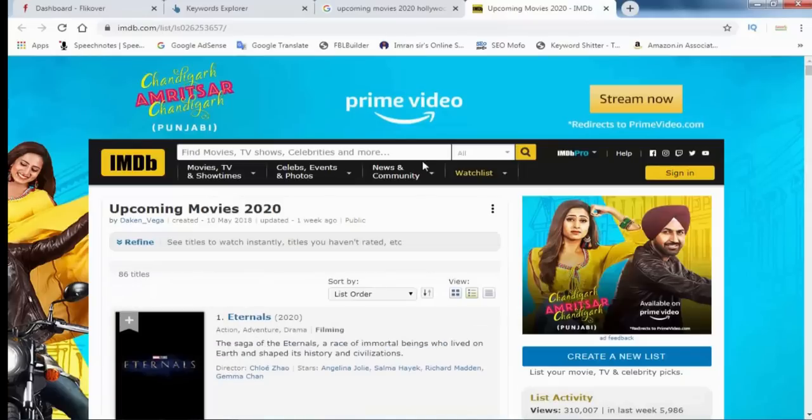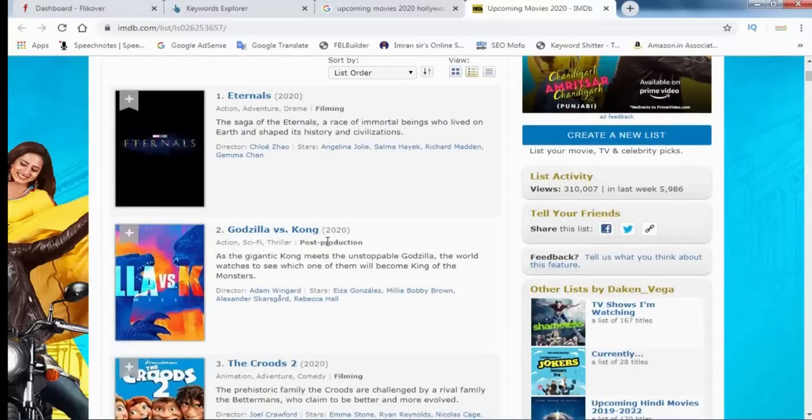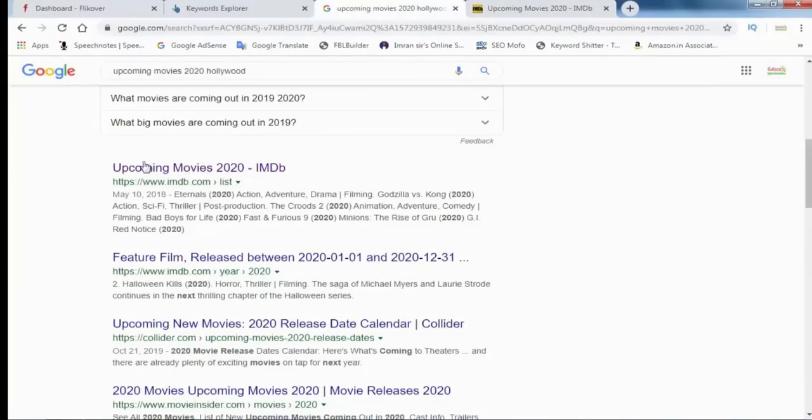So now the question is, if we work on movie downloads or something, then Google cannot approve our AdSense. My answer is, if you already have an approved account from Google AdSense, then you can publish articles on movie related content. You can publish, and you can also show ads on that website.